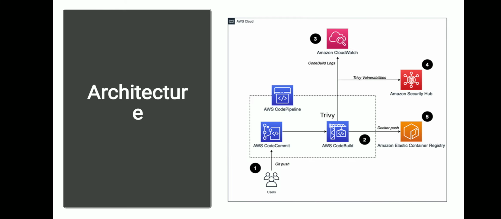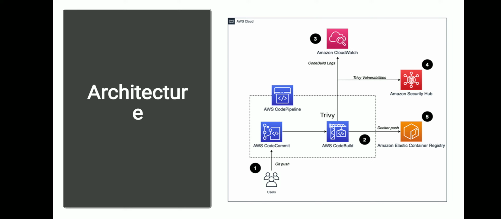So this is a simple architecture. Any developer pushes Dockerfiles and other code to AWS CodeCommit, and then AWS CodePipeline automatically starts an AWS CodeBuild that uses a build specification file to install Trivy, and then it builds a Docker image and scans it during runtime. Afterwards, AWS CodeBuild pushes the build logs in real time to Amazon CloudWatch.